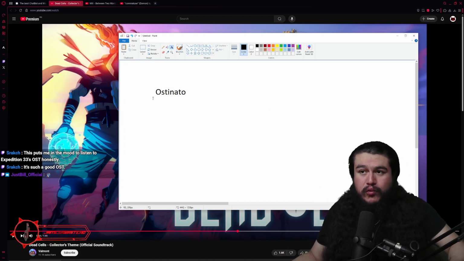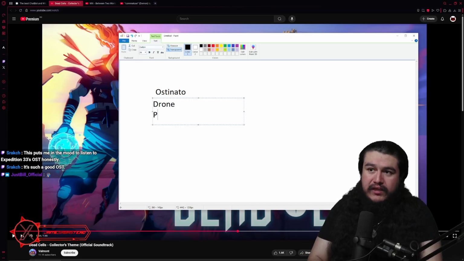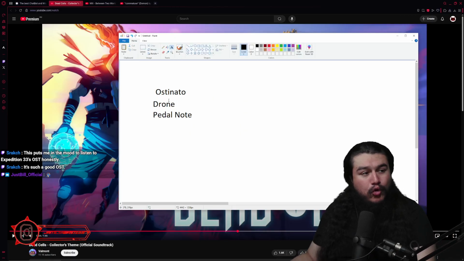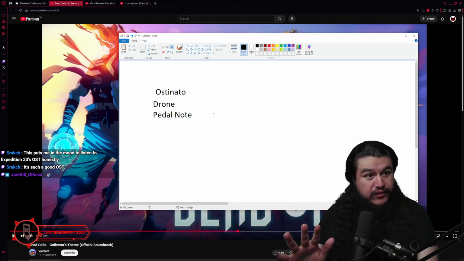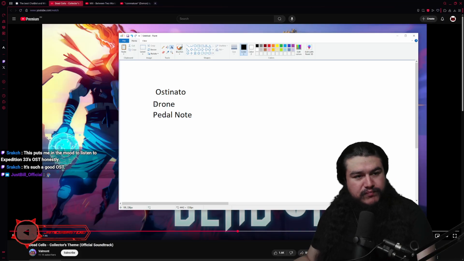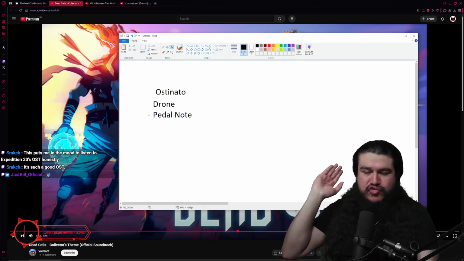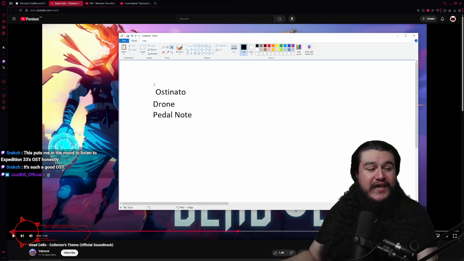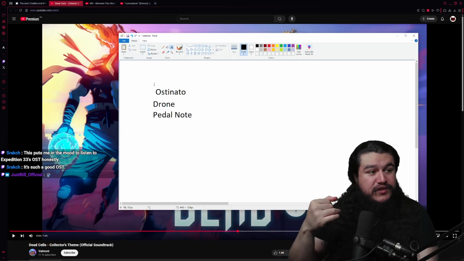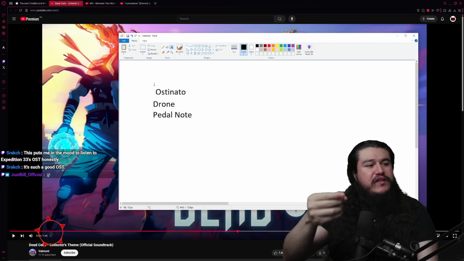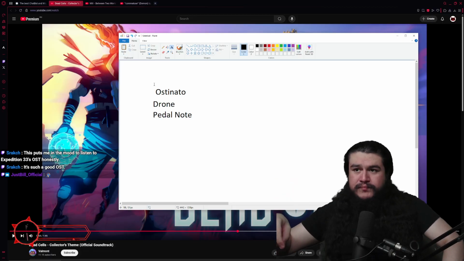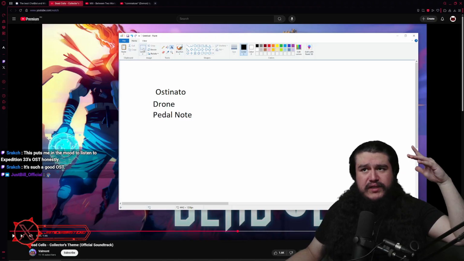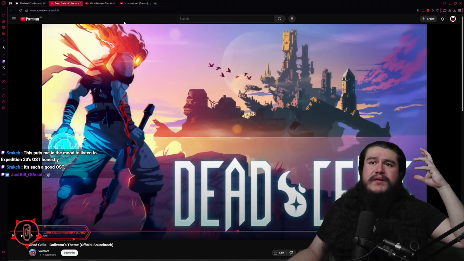Not to be confused with a drone or a pedal note. Drones and pedal notes are almost interchangeable. The difference is that a drone and a pedal note are something that you hold. Usually a drone will have more than one note to it. A pedal note, same thing, it's just one note that is being held. An ostinato is a phrase or a measure or something that is not just holding the same note. In this case, it's just playing one note at a time. Bong, bong, bong, bong. And the other instrument, in this case the percussion at the top, is giving us